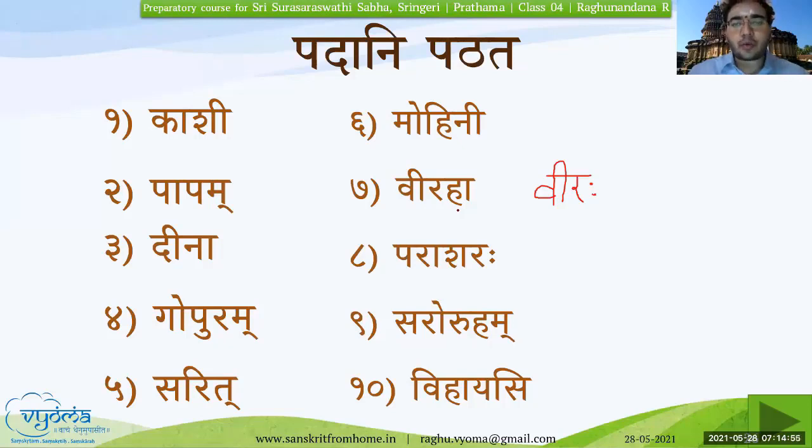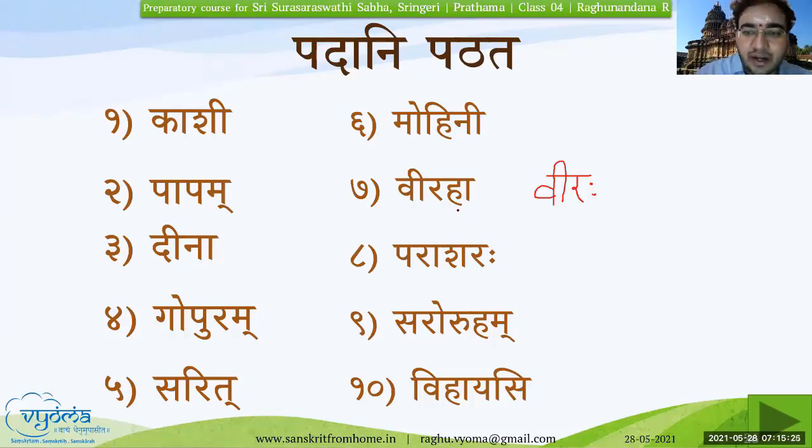The air comes from the stomach and then the sound is produced. So Veerah is with the Visarga, and the other is with ha. When we make that evident, that Hakara, that is the difference between these two words. While pronouncing and while writing, of course, you know, Hakara and the Visarga. Definitely, we shouldn't use the one in place of the other because the meaning itself is completely different.